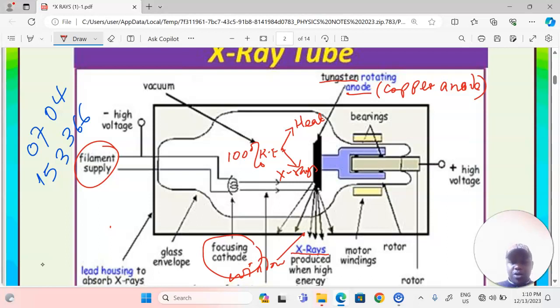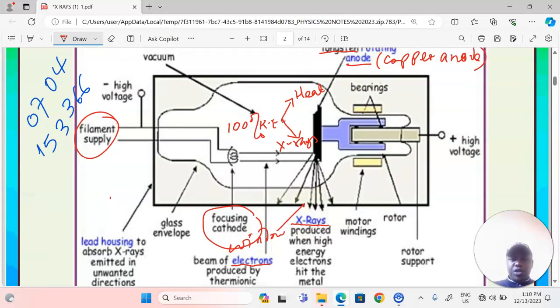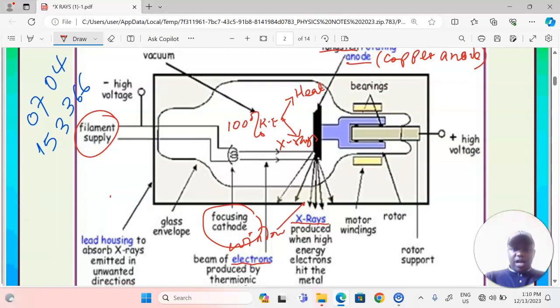So through the window, we have the X-rays coming out. It's good to remember that due to the penetration power of X-rays, they cannot be produced and stored. They get produced at the time they are being used. Therefore, we'll see the several uses, but immediately they are produced, they are projected outwards through the window